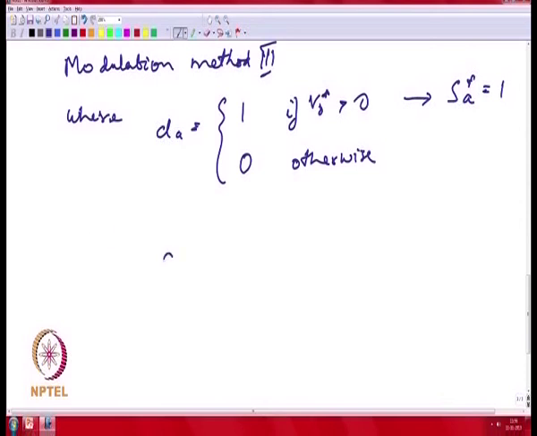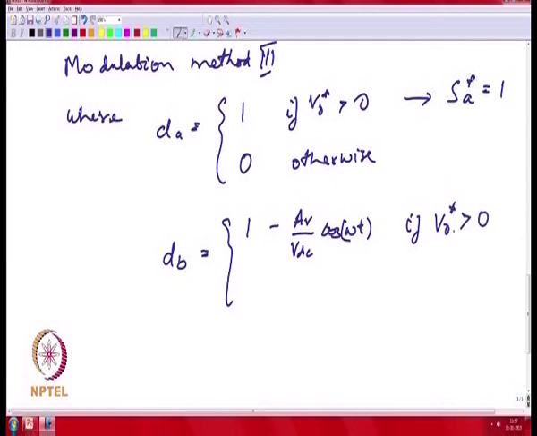And your dB for the other leg would be 1 minus AV by VDC cos omega t if VO star is positive or minus AV